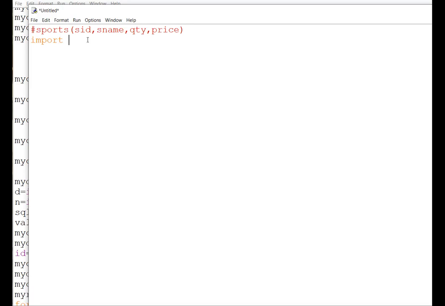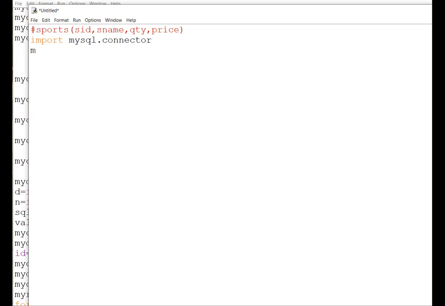Everything means insert, delete, update, display all and display specific. We will see whatever we will be able to complete today, then tomorrow we will continue the same thing. And then with that, you will be able to do the connectivity between Python and MySQL. So the very first thing is mysql.connector. This is the first thing.